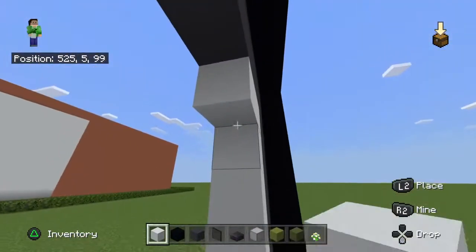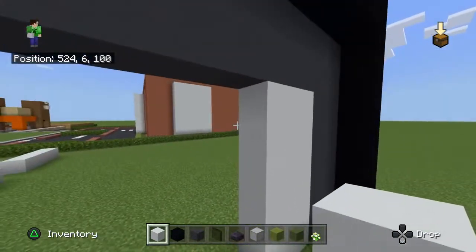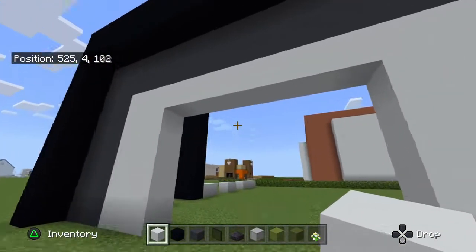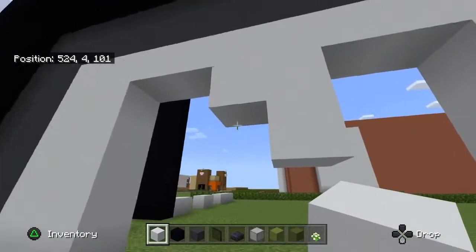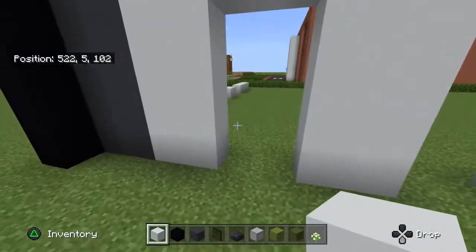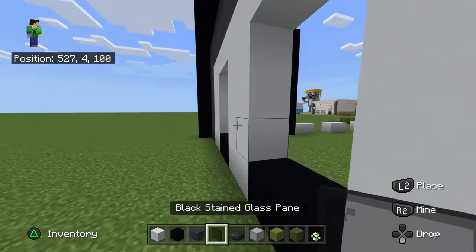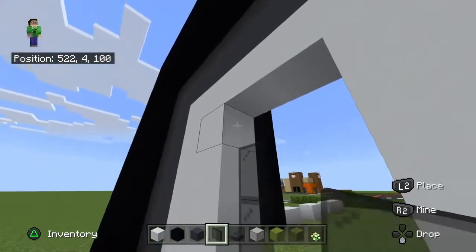We then want to leave a gap of 2, so 1, 2, and 1, 2 on both sides. And then we want to split this area in 2 like this. Place black concrete at the bottom. Place Blackstone glass pane on the left sides of these areas, and extend a glass over